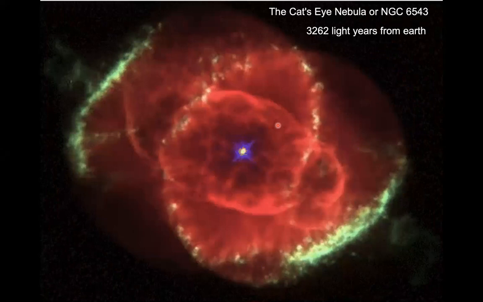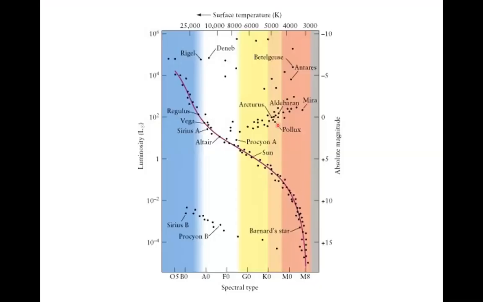You can see that these are objects that are so far away from us. Once again, you can see the chart diagram just to give you an idea about what we are discussing here. And you can see there is a star called Sirius B right here. In a minute, you will see that this is a white dwarf star, which is